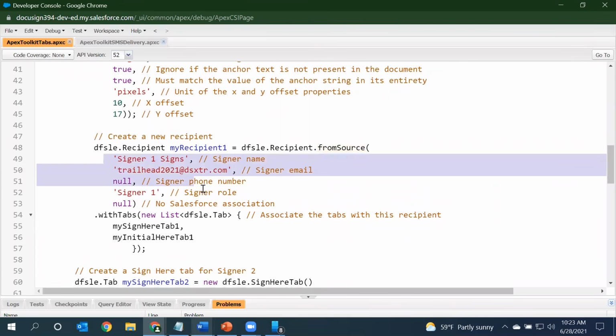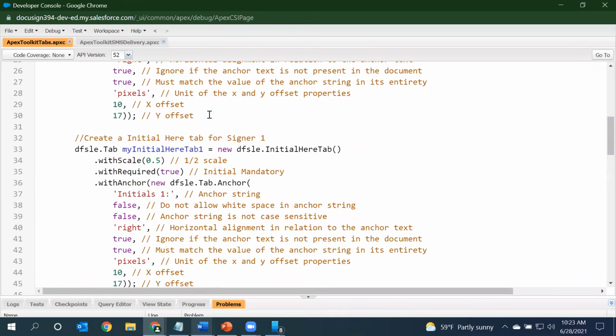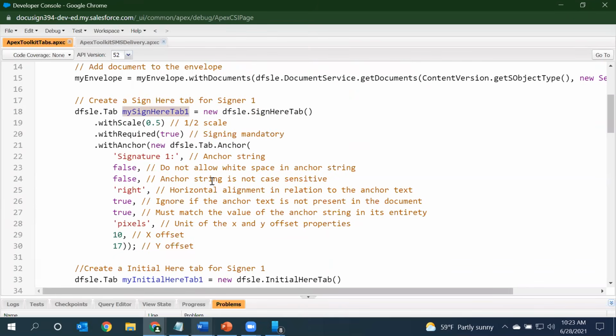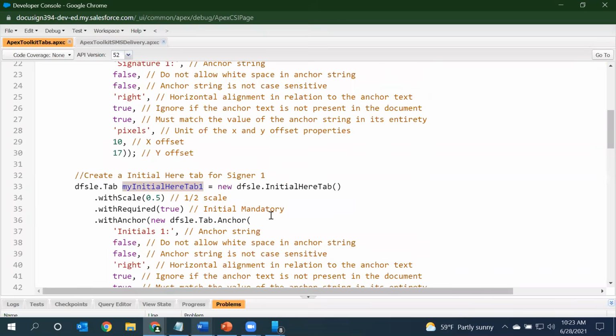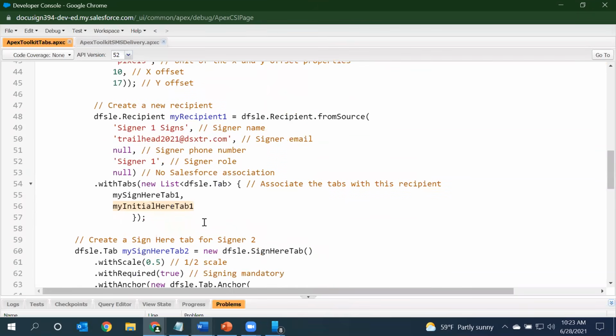Once a signer has been created, I am then associating both of the tabs that I created, my sign here tab 1 and my initial here tab 1, to this new signer. That's it, pretty simple.